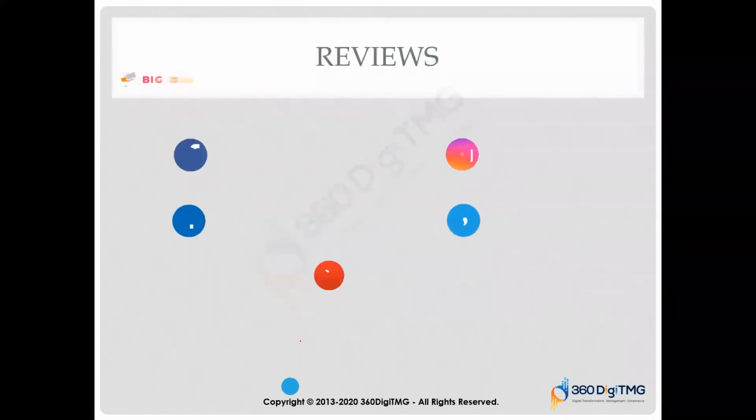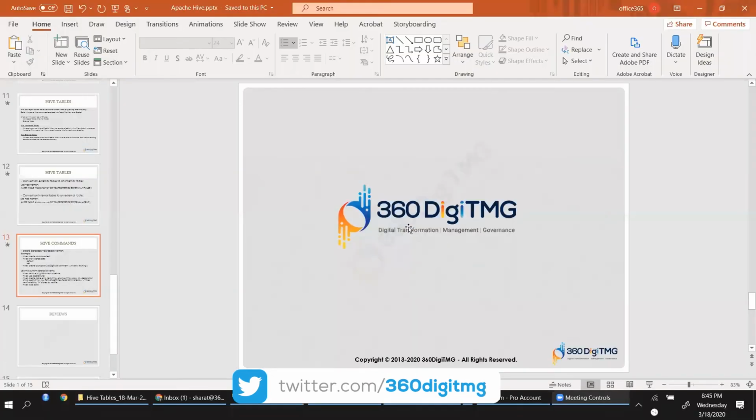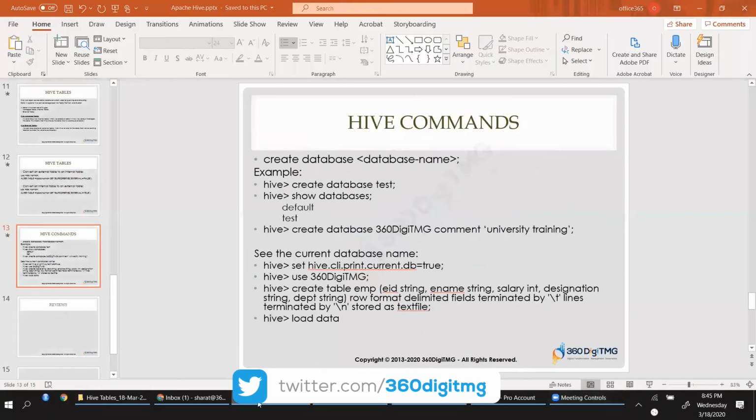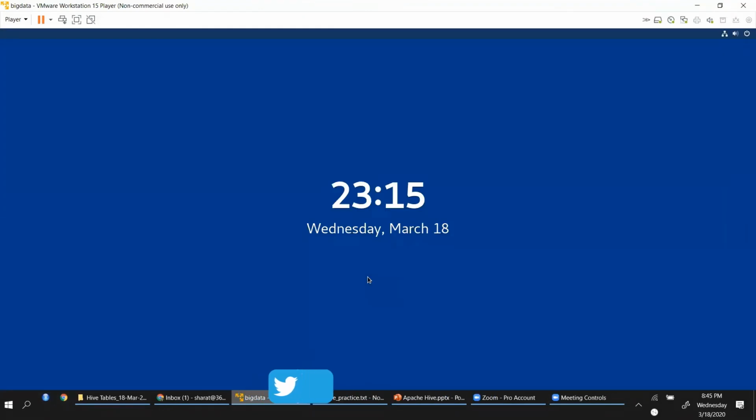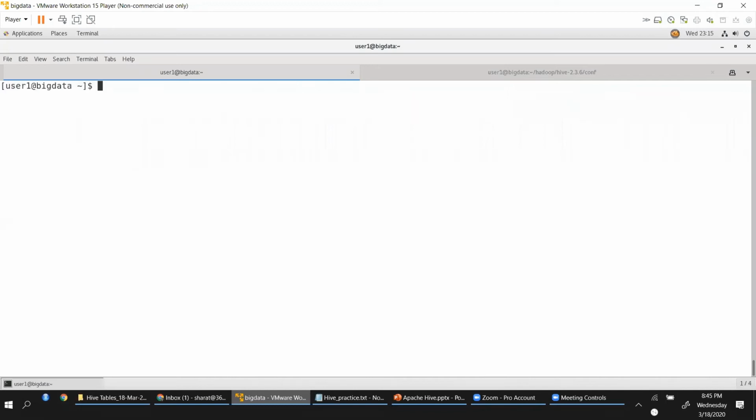So let us now look at the hands-on. We have seen the code examples, and we'll run them here. Let me just check JPS. I'll try to launch Hive.